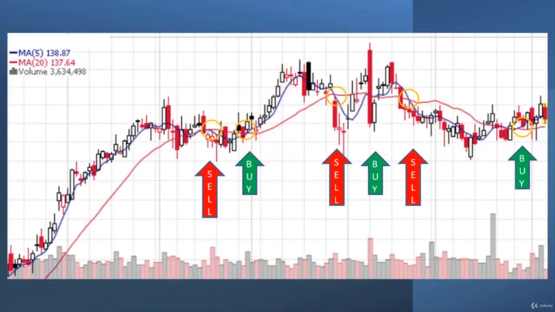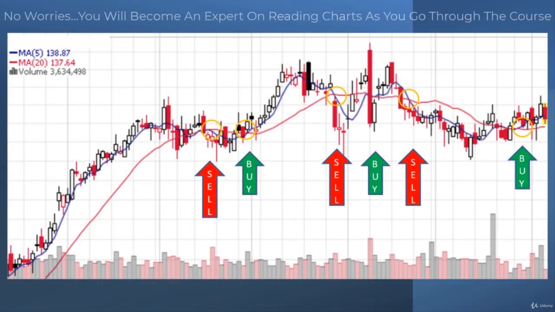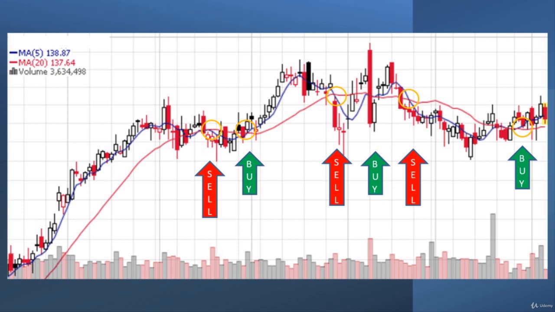If we look at an example, here's a stock chart, and don't worry about this yet as far as understanding how to read it. The concept you want to take away is you don't know whether this chart is reflecting stocks or Bitcoin as an example, but the concepts of when to buy and when to sell will work no matter what. Once you learn how to read this type of chart, which you will in the course, you'll be able to apply that. So that's really terrific, isn't it?